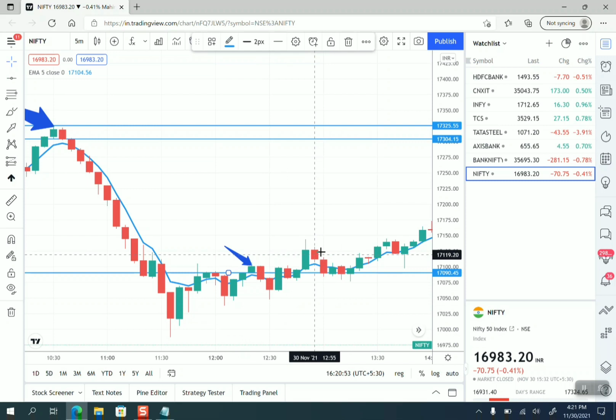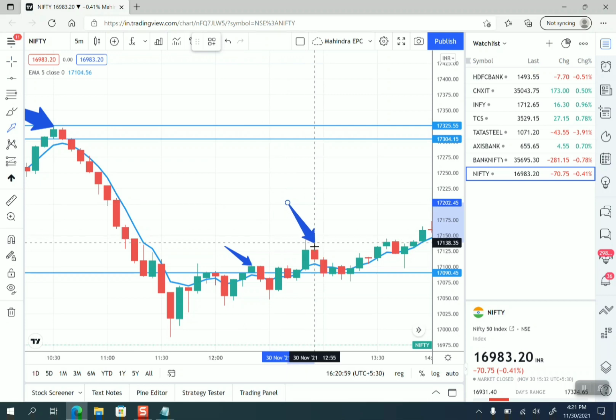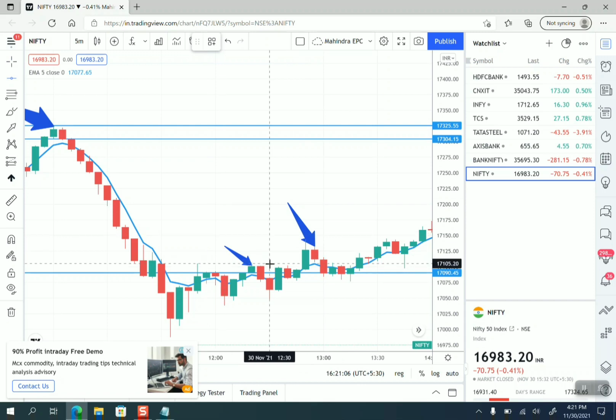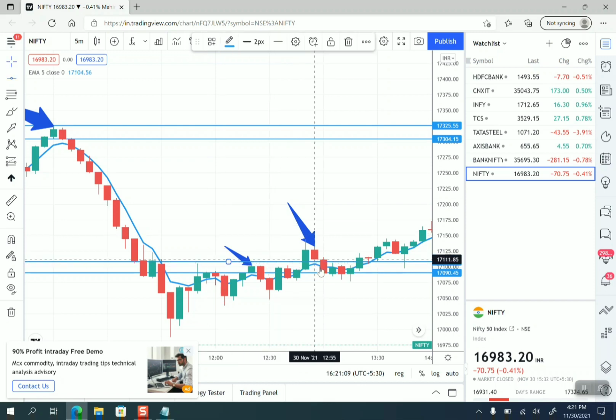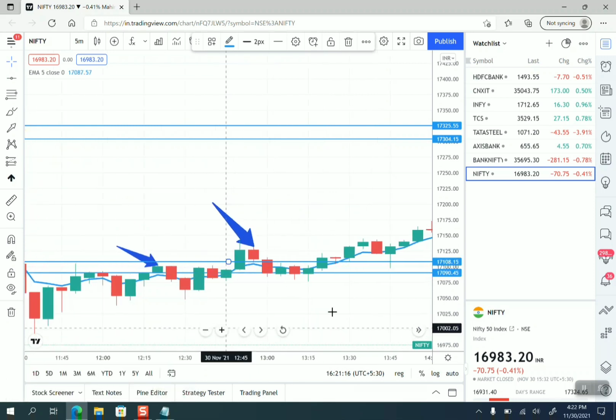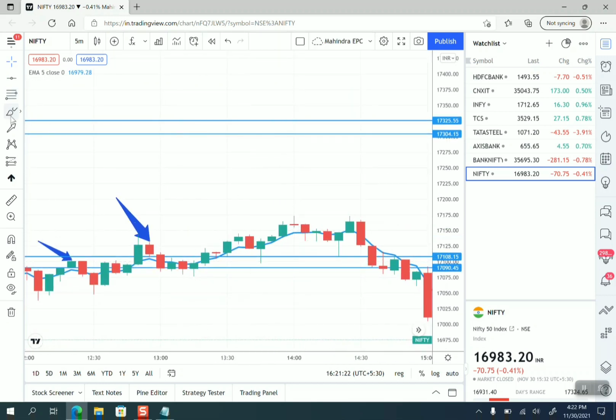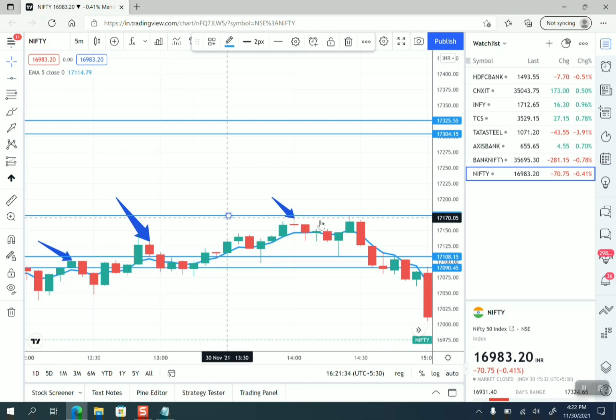Similarly over here, we can see this candle is in the air. We can mark this one. This is our main candle, and as soon as it breaks the low, we can take the put side. So this is how it works. If we see the later half of the day as well, here also the candle is in the air. It gave us good downside. In this case the stop loss will be the high of this candle, which was touched by this candle, but then again it came down. But that is how the 5 EMA works.